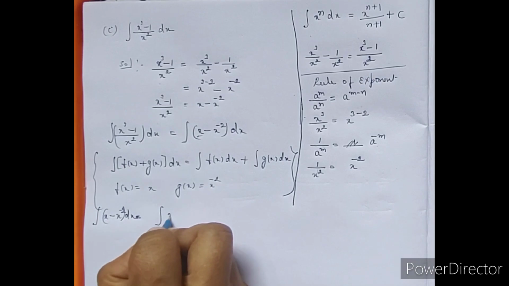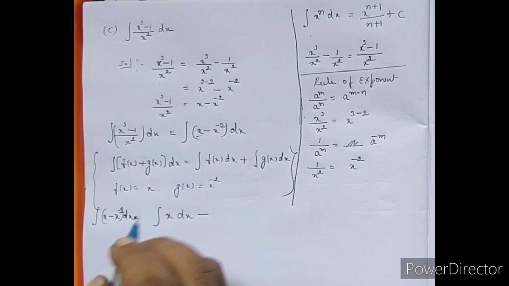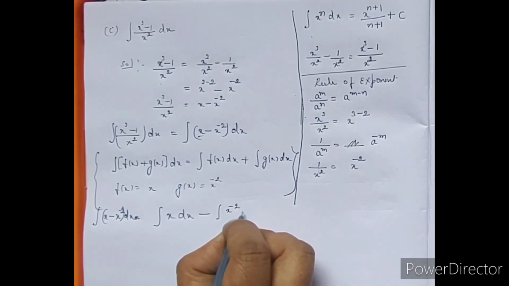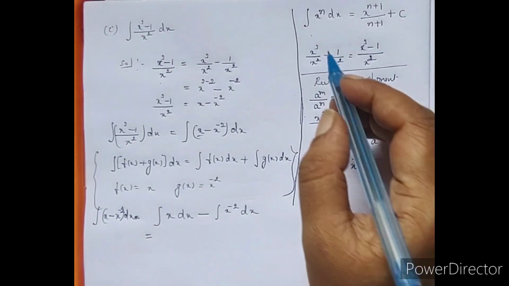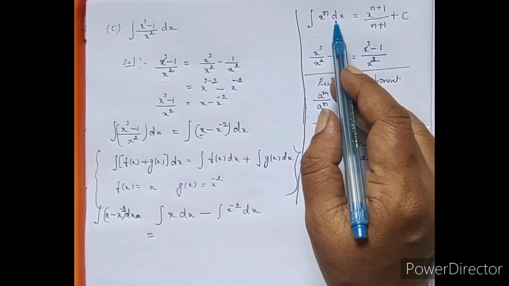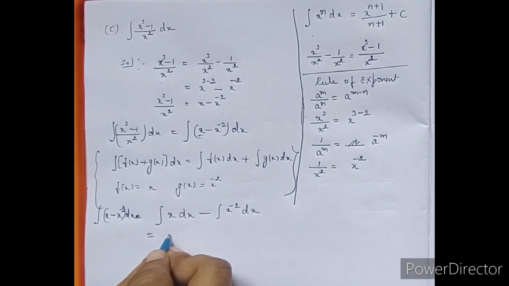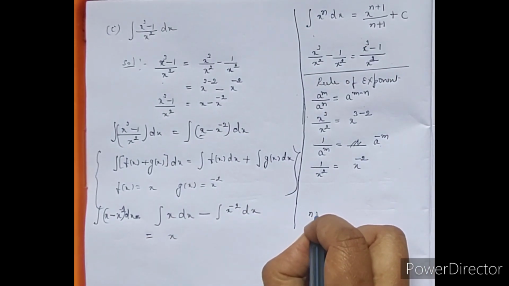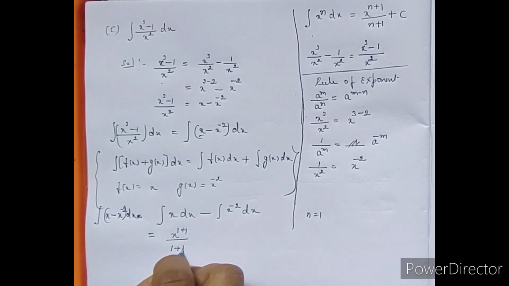of x. What is f of x? F of x is x dx, and instead of plus you are having minus here, integration of x to the power of minus 2 dx. Okay, that is equal to, now you can apply the standard rule of integration: integration of x to the power of n dx is x to the power of n plus 1 divided by n plus 1 plus the constant of integration c. So here n is equal to 1, so it is x to the power of 1 plus 1 divided by 1 plus 1